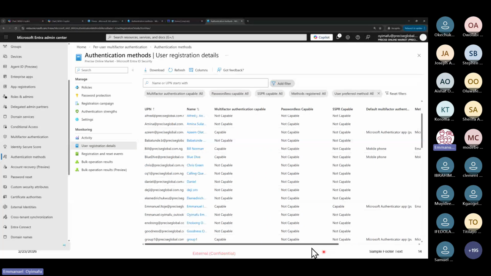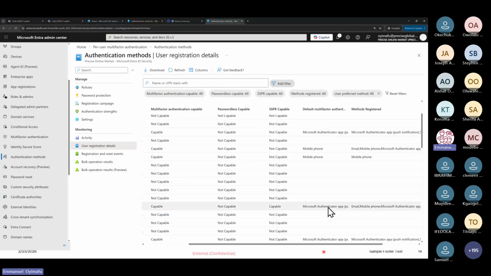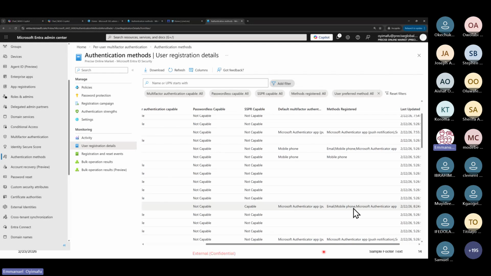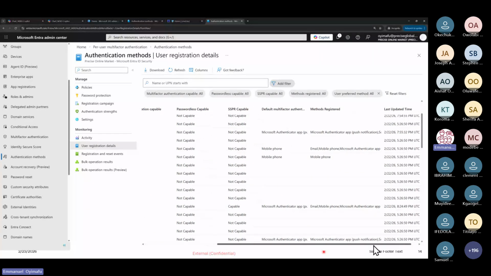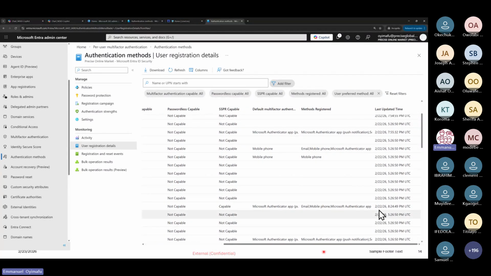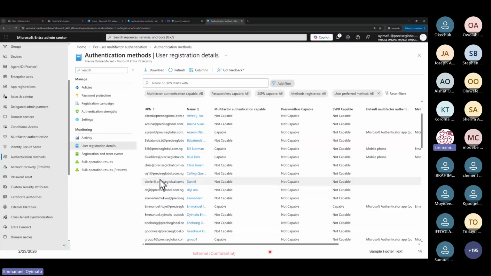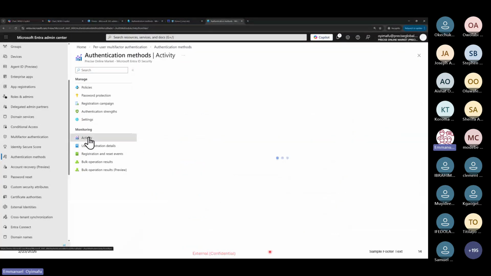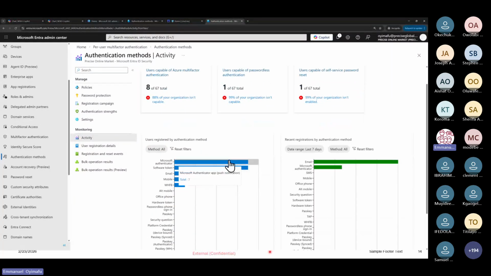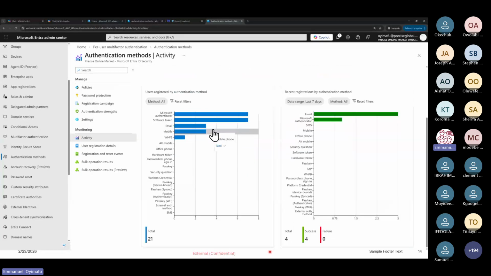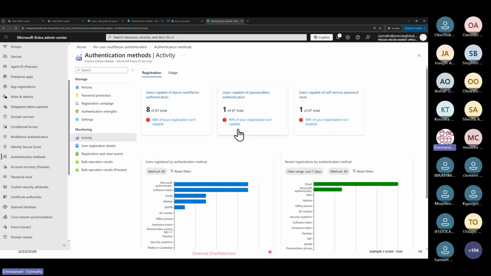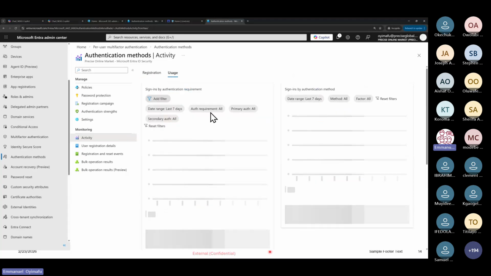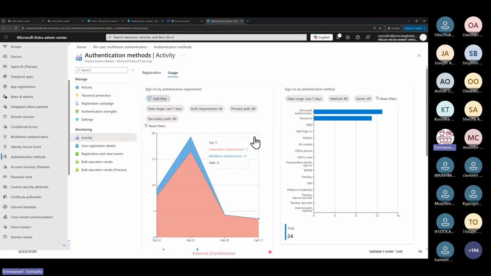Somebody like Itoje now, Itoje is using Microsoft Authenticator and is also using email, is using phone number, is using almost everything. So you can also check the last time he updated, which was this time. So that's just for per user MFA. So if you check activities now, you can see some activities, users using multi-factor authentication and all. So in your spare time, you can just play along with this to actually gain visibility in all these things, to know all these things.